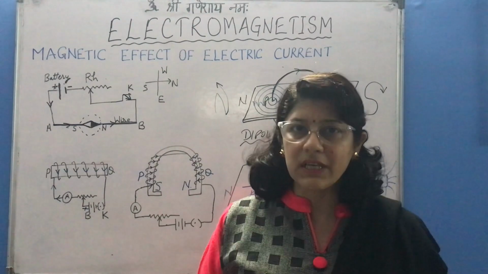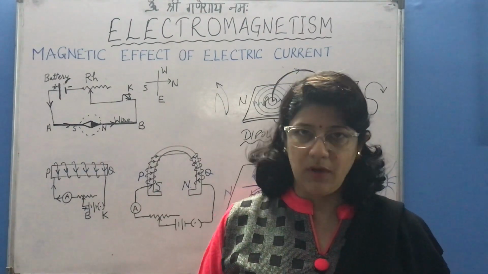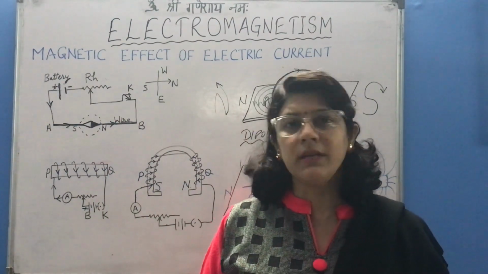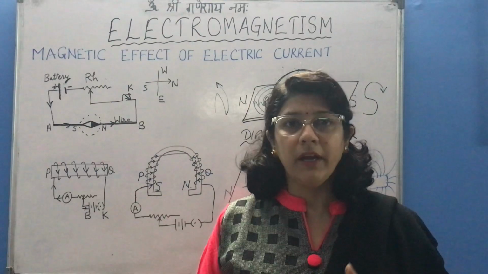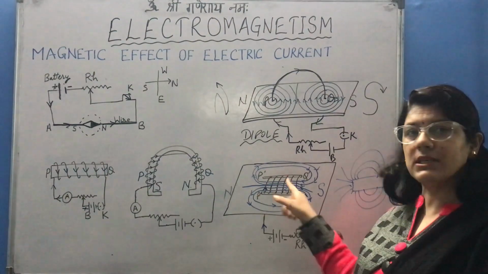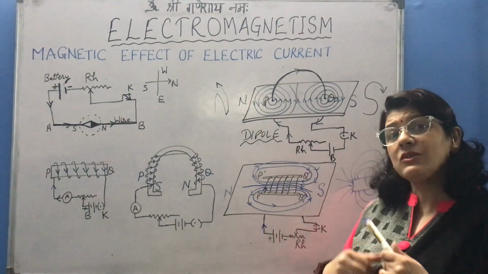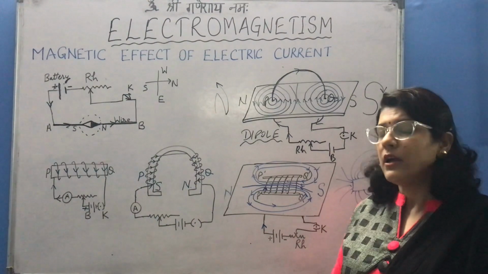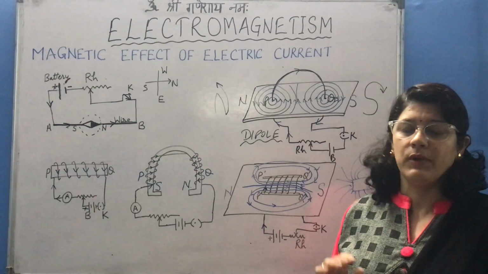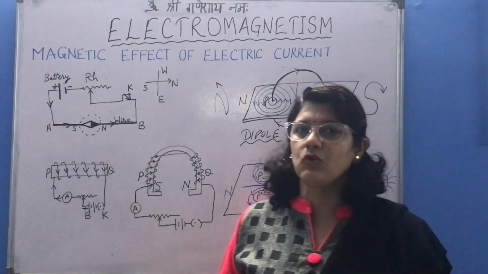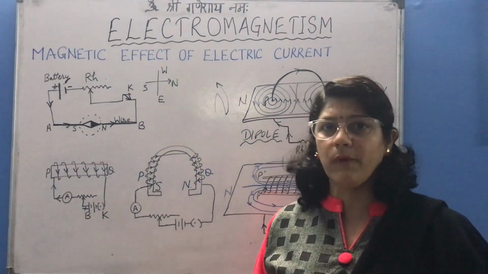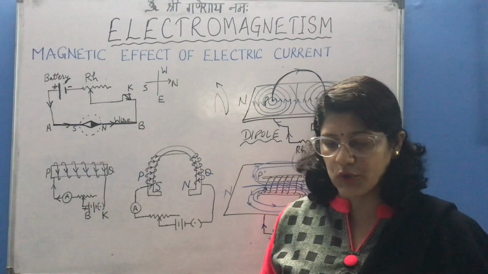Now, I am going to give the reason why soft iron is used. The first point is it has high magnetic permeability, and the second point is it has low retentivity. It means as soon as we switch on the circuit and current is flowing in the circuit, it behaves like a magnet. But as soon as we switch off the current in the circuit, it is no longer magnetized. It gets demagnetized the moment we switch off. This is the value of low retentivity in the case of soft iron. If we want to make a permanent magnet, then we can use a piece of steel instead of soft iron.